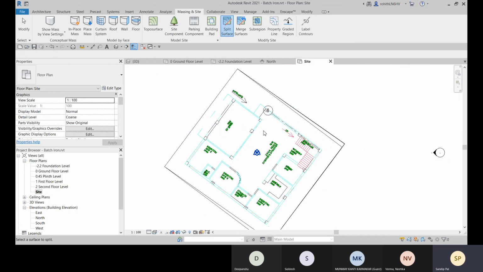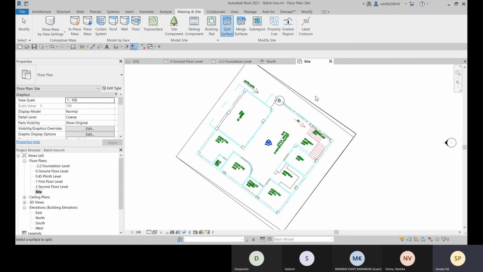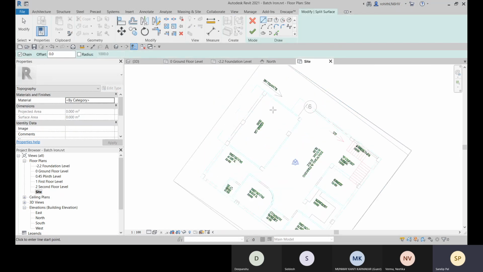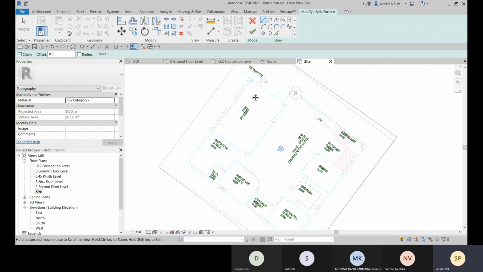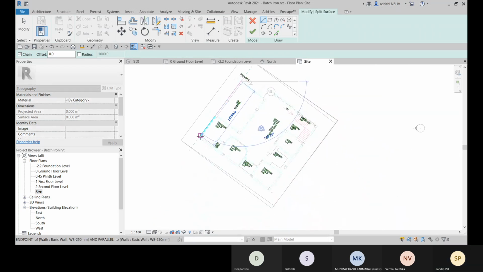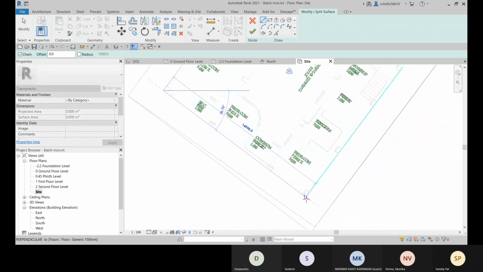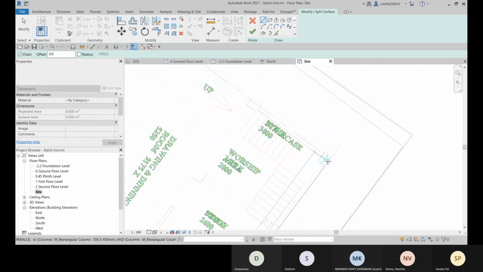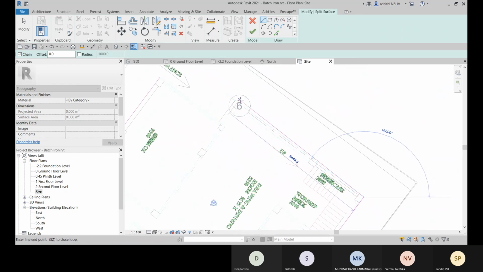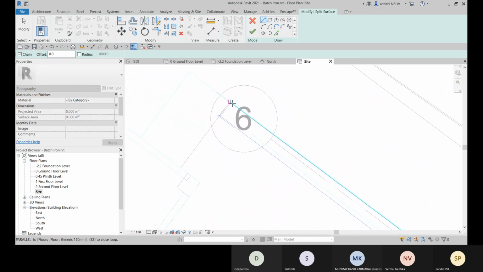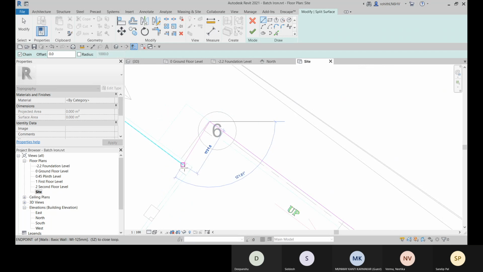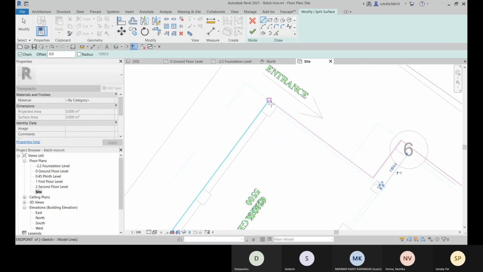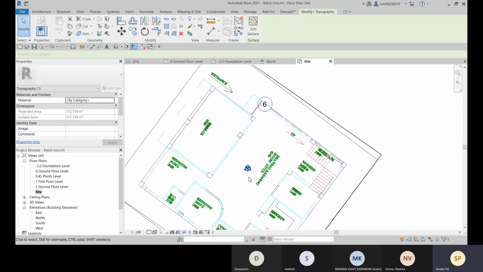So let me go to this, and let me choose that topo surface. This is the topo surface. After selecting it, we will define and then finish.